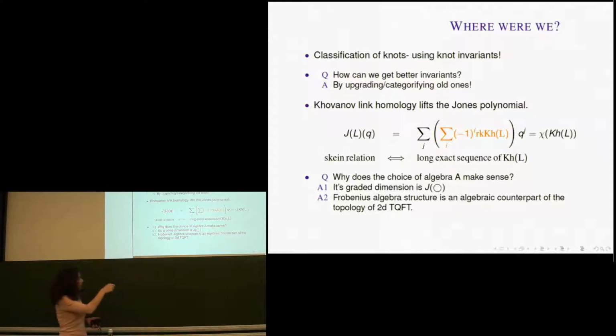And again, the skein relation for the Jones polynomial is lifted or categorified by the short exact sequence of Khovanov chain groups, which in turn gives us the long exact sequence in Khovanov homology. Okay, one thing that I want to point out again as a summary from yesterday's lecture is that I'm